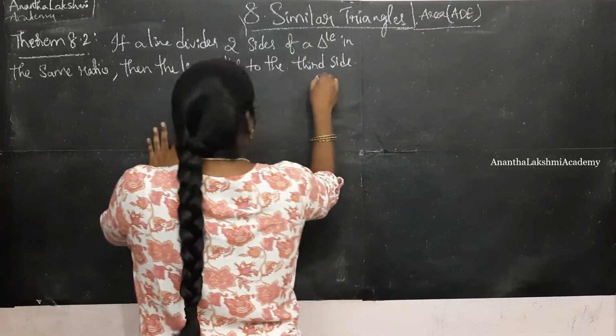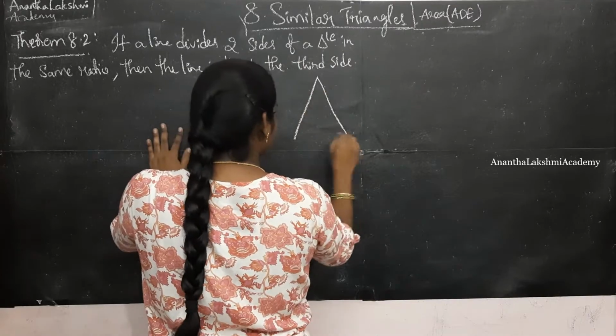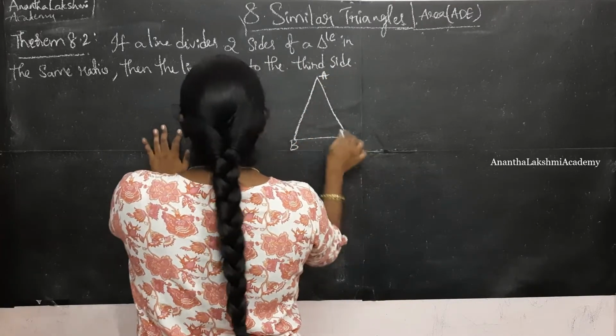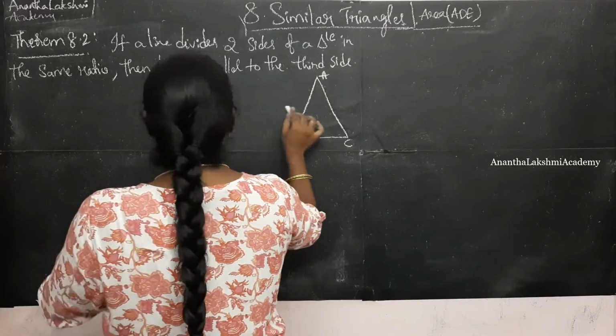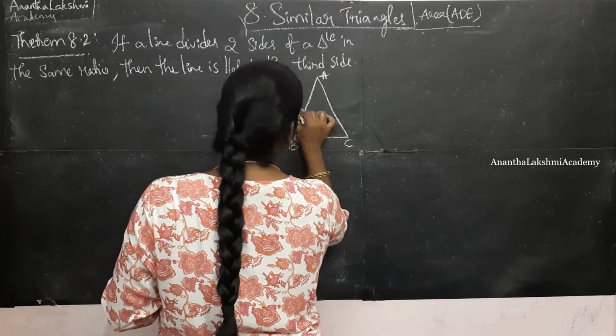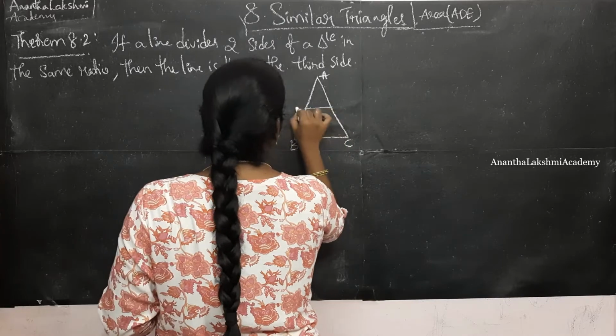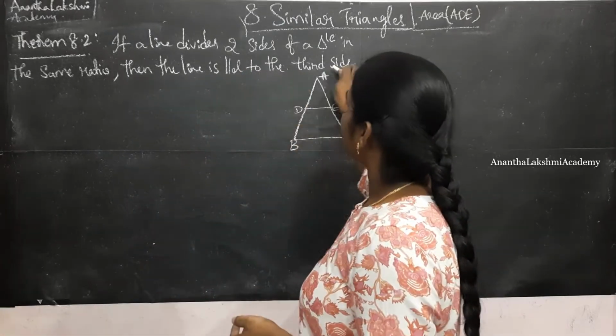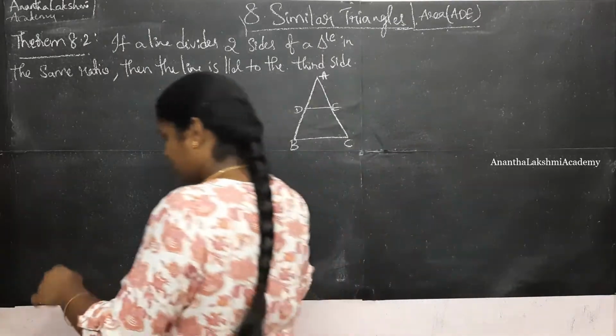Okay, so let us draw the triangle first to understand this, wherein he was saying if a line divides two sides of a triangle in the same ratio. Okay, let me draw a line DE. Then the line is parallel to the third side. Okay, so given that,